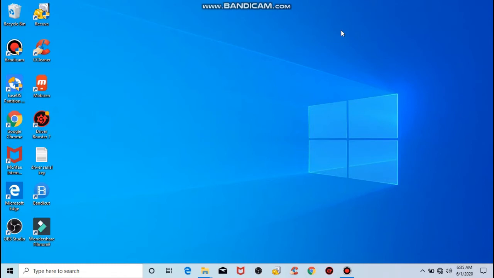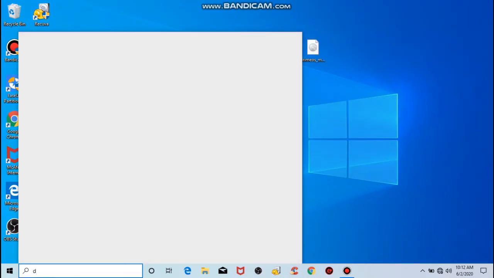Hello friends, today I am going to show how to dual boot your Windows and Prime OS, which is an Android OS for your PC. So first we need to have a disk partition. First we need to create a disk partition of other type. So come on, let's begin. First we need to create a disk partition.